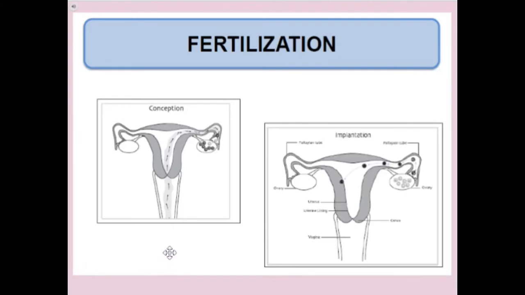So in order to make the baby, we need the sperm. Now, when sperm enters the vagina, there are thousands and thousands of them, and they move along through the cervix into the uterus and through the fallopian tubes, and they'd go either way. Here we're just showing it one way. So it goes through the fallopian tubes, and if you are ovulating, girls, then a mature egg is released, and